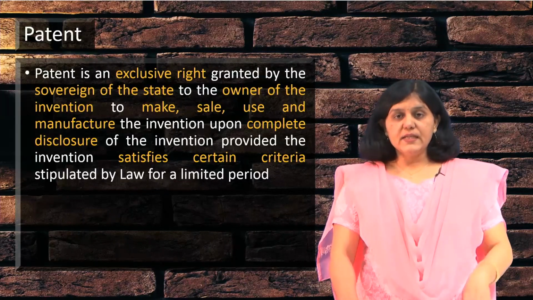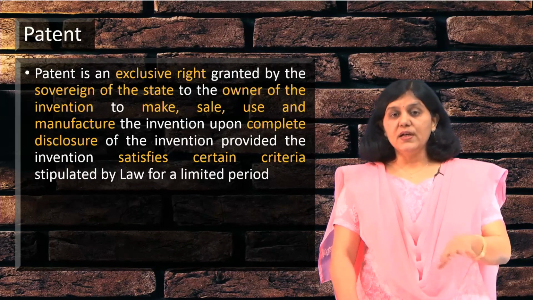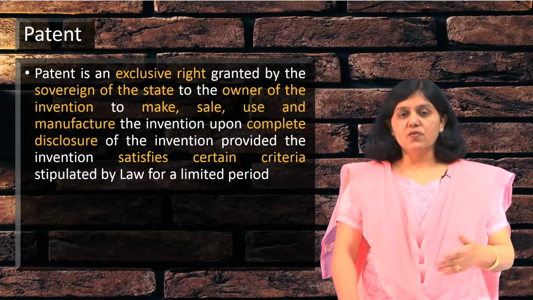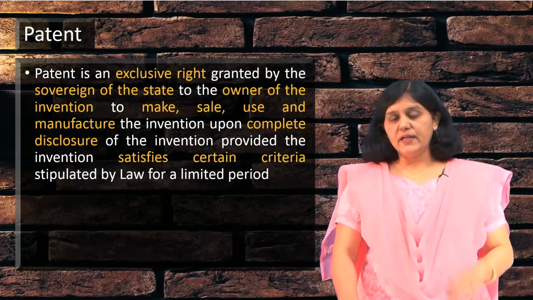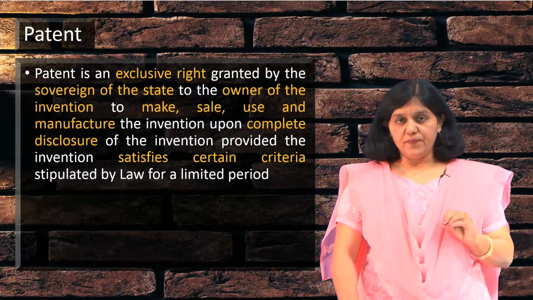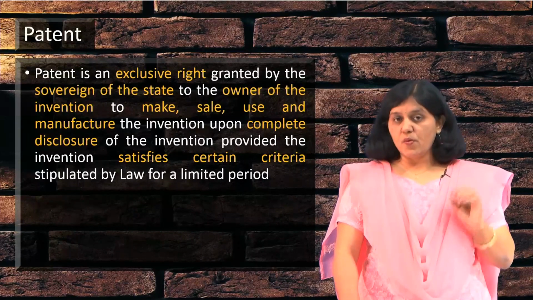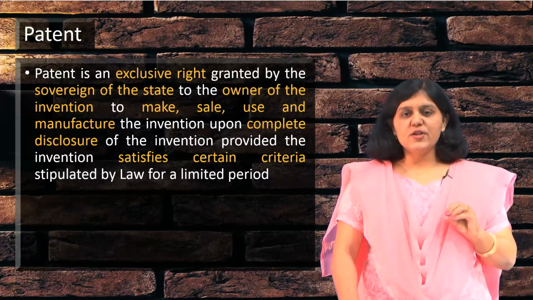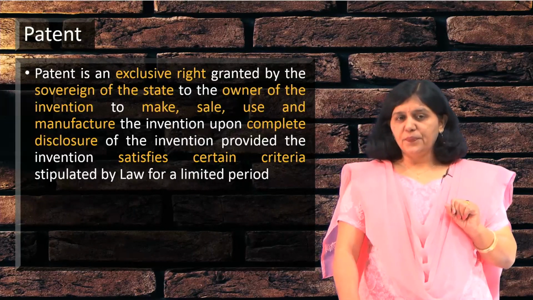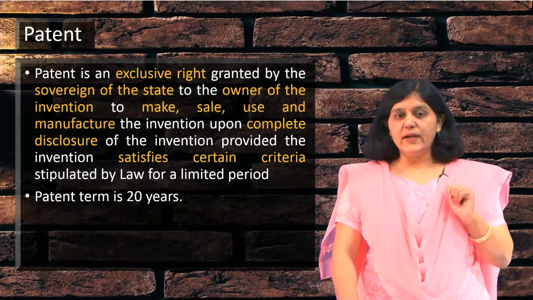Now, the next and last point, the 7th point in the definition of a patent, is about the time limit. So, the question is, is the right given to the owner for an indefinite time or for some limited time? As mentioned in the definition, it is given for a limited period. Now, what is that limited period and why this limitation? Both questions might have popped up in your mind. The first question: what is that limited time? You know it, right? It is 20 years. So, the life of a patent is 20 years.